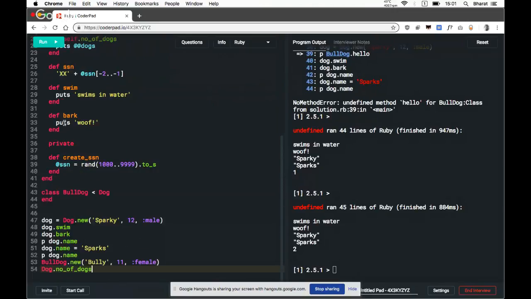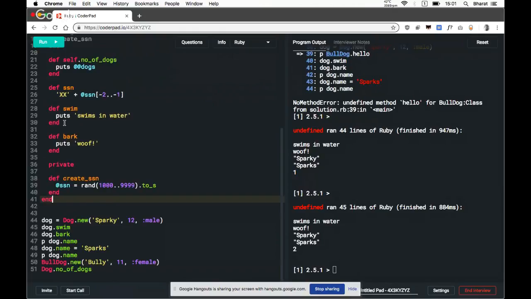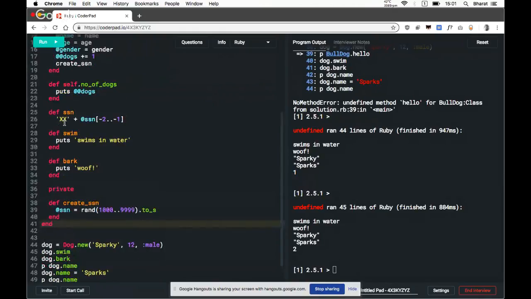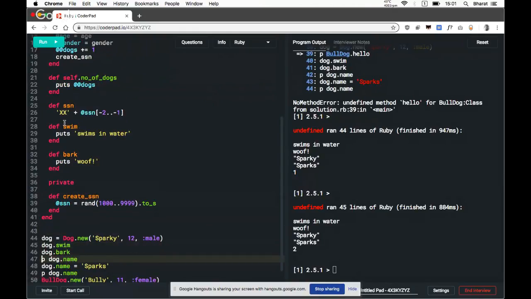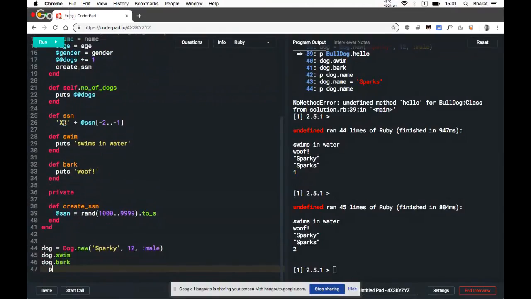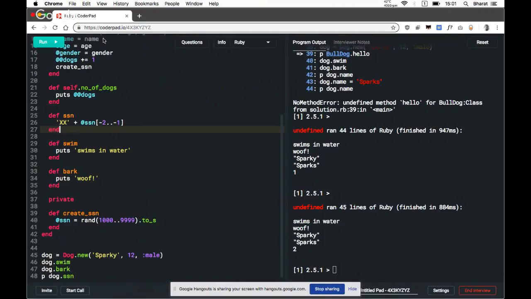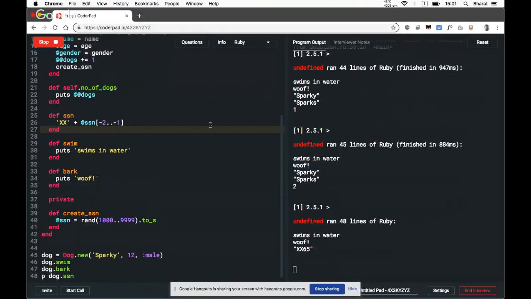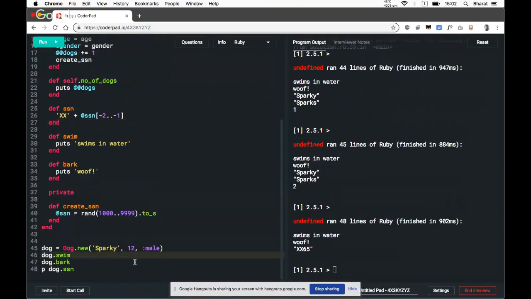And now when someone wants to find out what the SSN of the dog is, we do p dog.ssn. Okay, XX65, right? So we are hiding the details. We're only giving the last 2 digits.